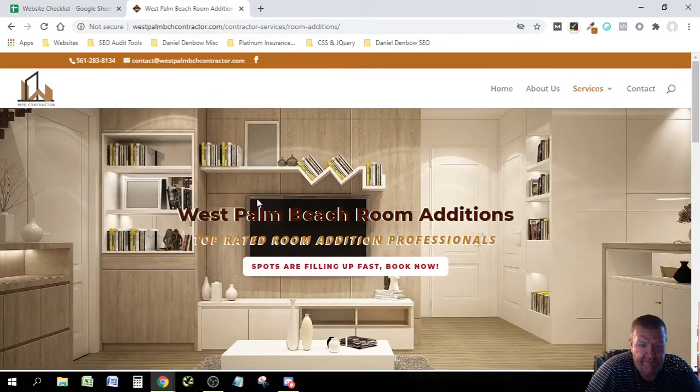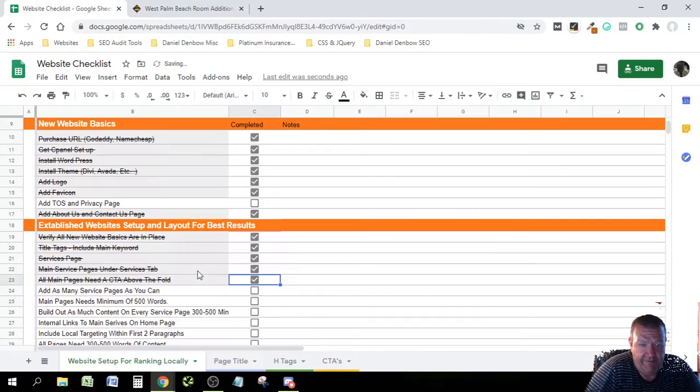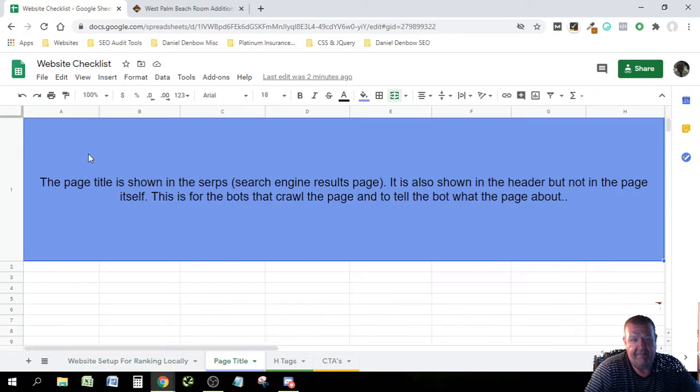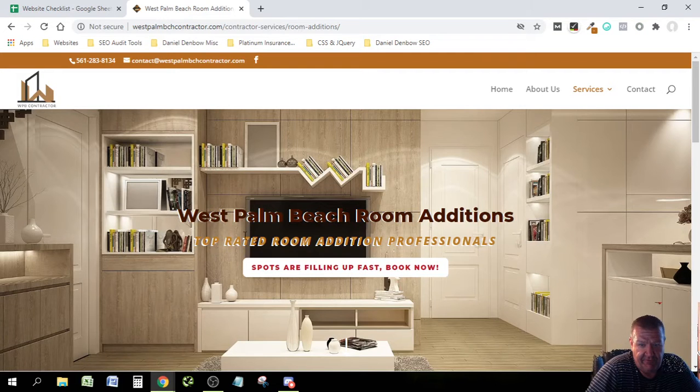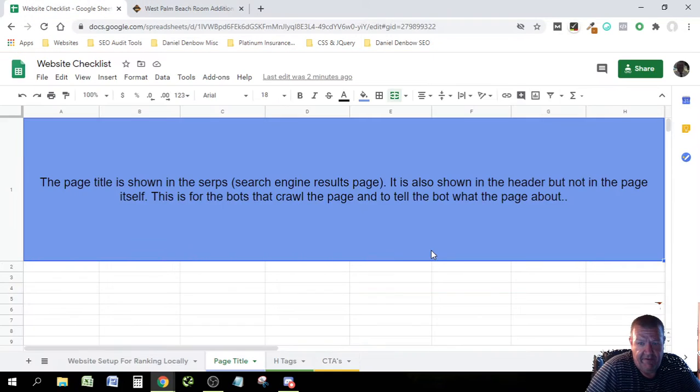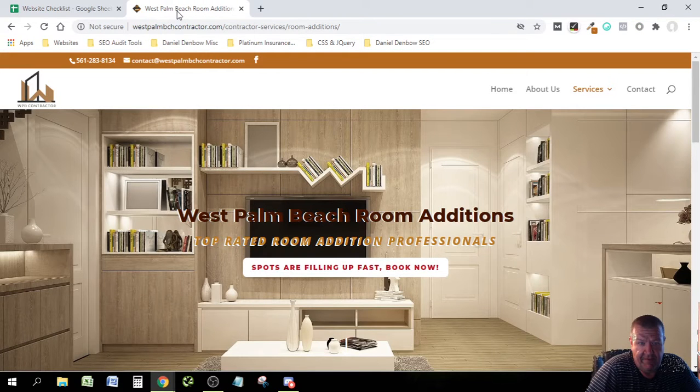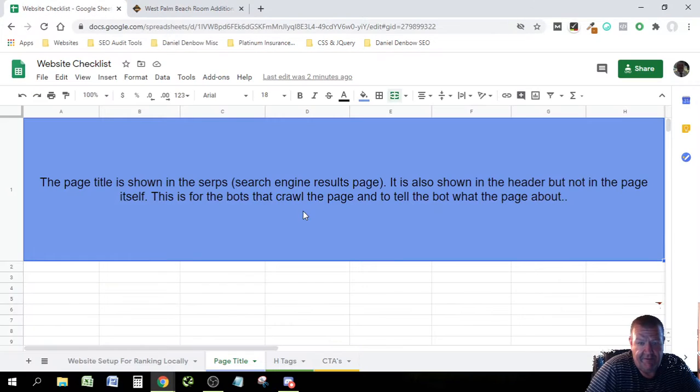The title, basically, as you can see in here, are page titles. They're shown in the SERPs. So if you go search this on Google, you're going to see this title, West Palm Beach room additions. It's also in the header, which is up in here. It's going to show in the header and the page title. What's not going to show up is